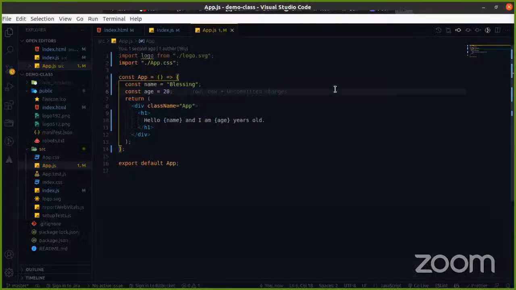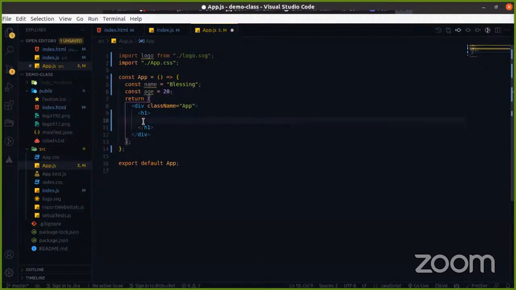All right. So now this is one of the reasons why this is not just it. Now, one of the reasons is that we can also compute expressions in JSX. Now, when I say expressions, what do I mean? We could do something like this. Okay, we could just say